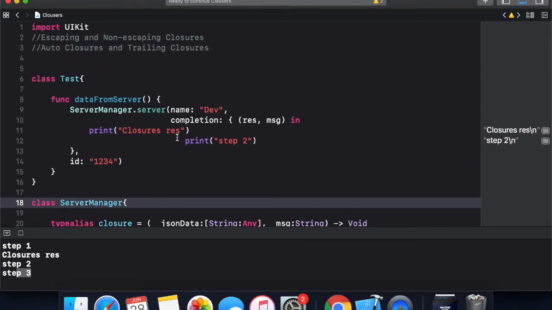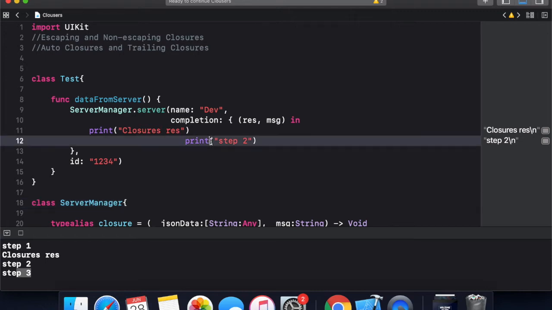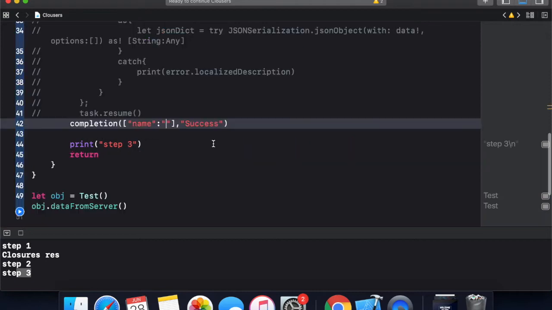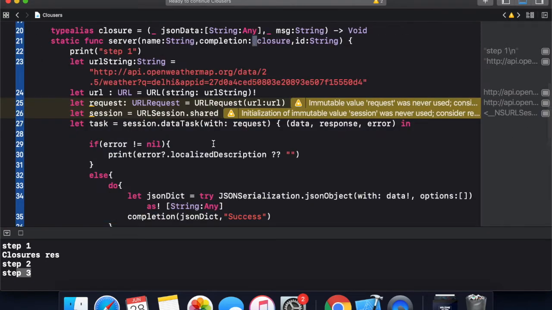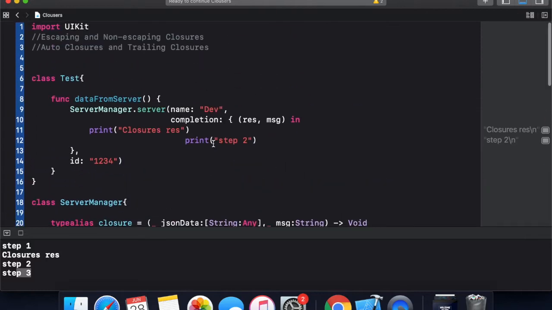Now let's talk about auto closures and trailing closures. First of all, we will see trailing closures. Let me undo my code. Let me first tell you what a trailing closure is. Basically, if we pass a closure as the last argument or last parameter of any function, it becomes a trailing closure.